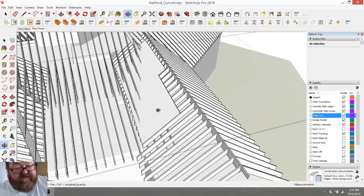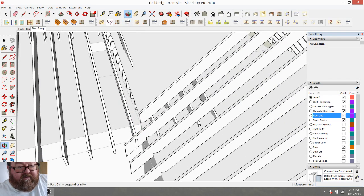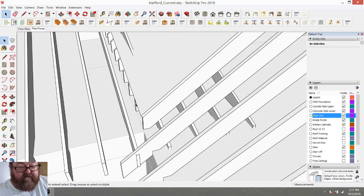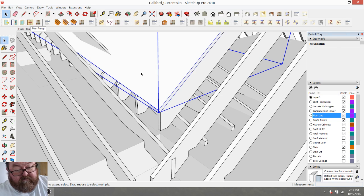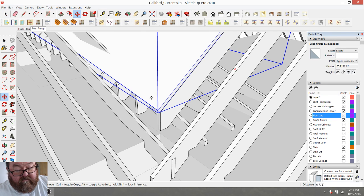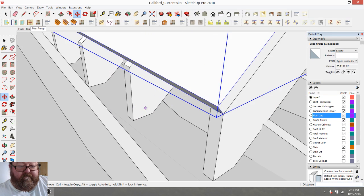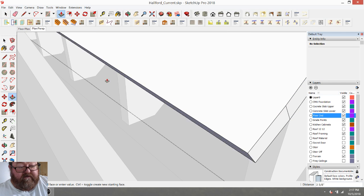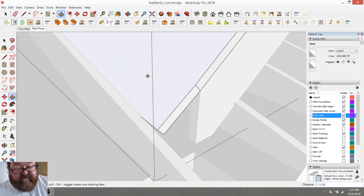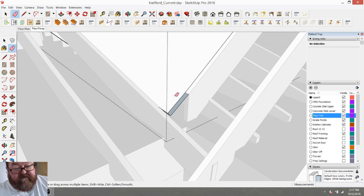So that's kind of the point of this. What I do is I kind of get it where it'll work. I'll make sure it's going to touch or be big enough everywhere. Be big enough. And then I'll draw myself a